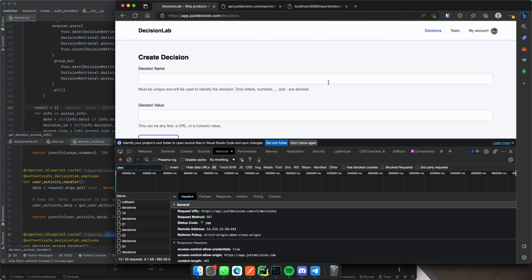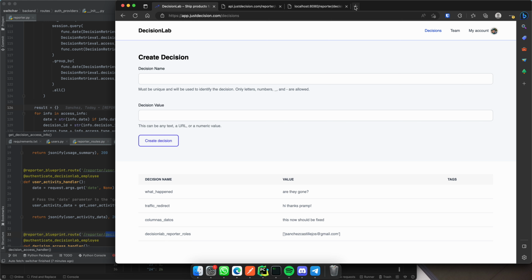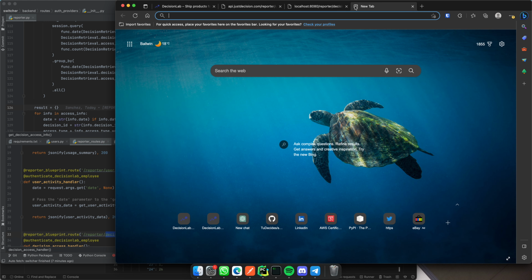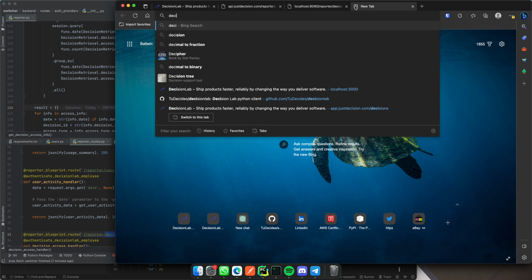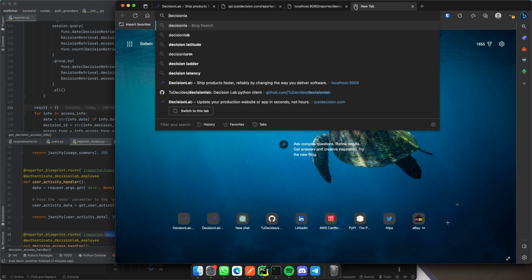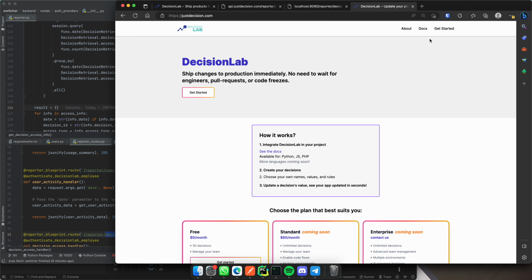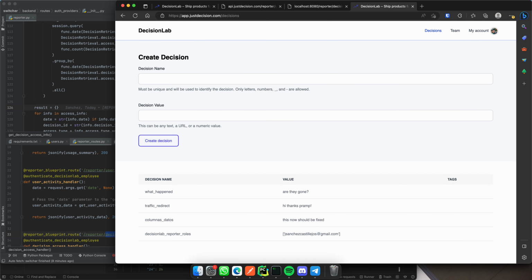Let's do just a quick demonstration on how to use decisionLab to authenticate an endpoint in Flask with Python. So decisionLab, you can just create your account in justdecision.com. You get started, and you will have